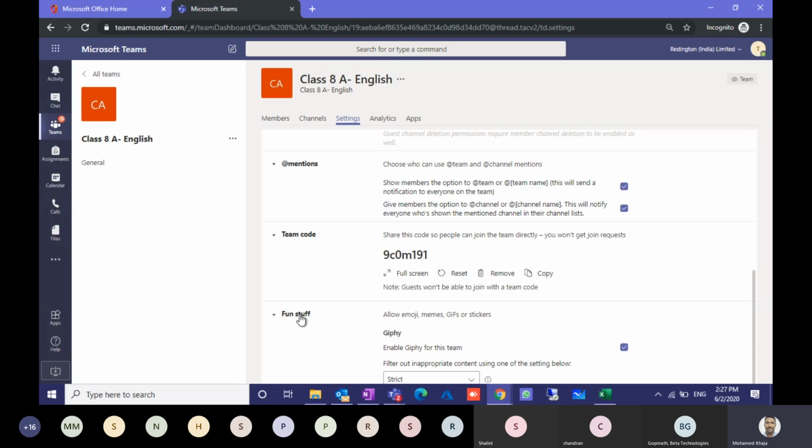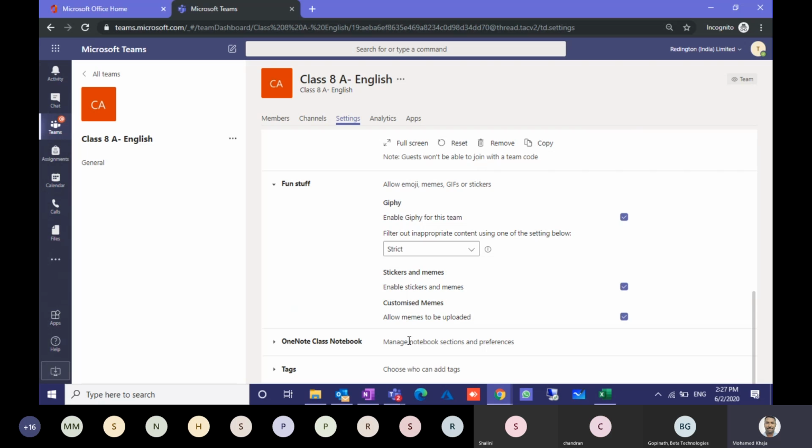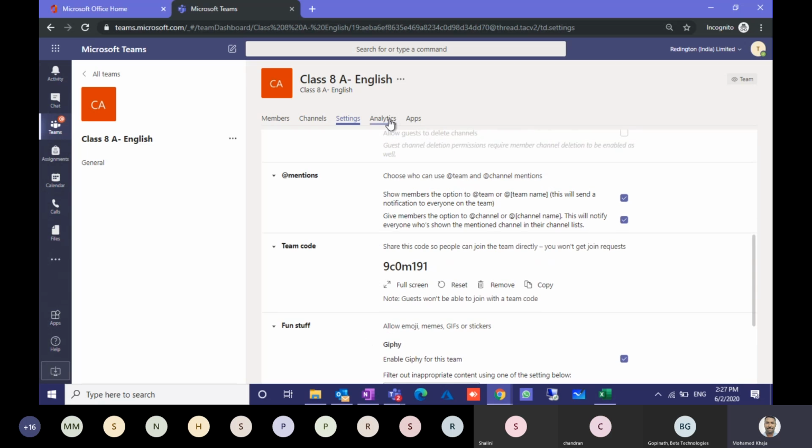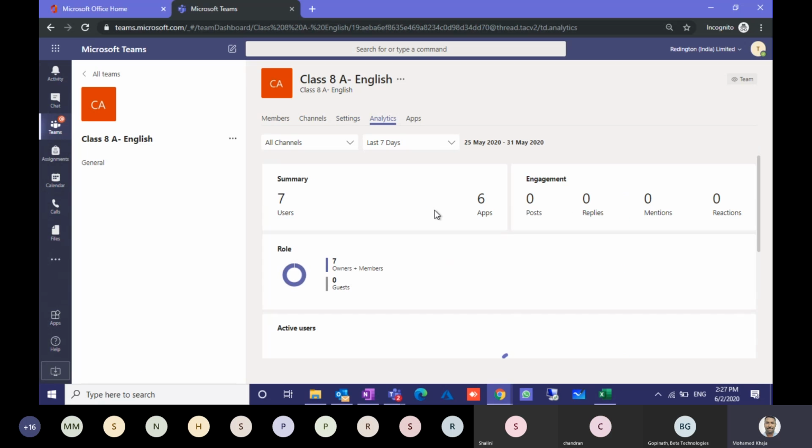And the fun stuff: you have control over it, like you can disable GIFs, smileys, and stickers shared among the students in the chat area. And the class notebook, we will have a deep discussion on that. Analytics gives the overview of how you utilize your apps and services like SharePoint.